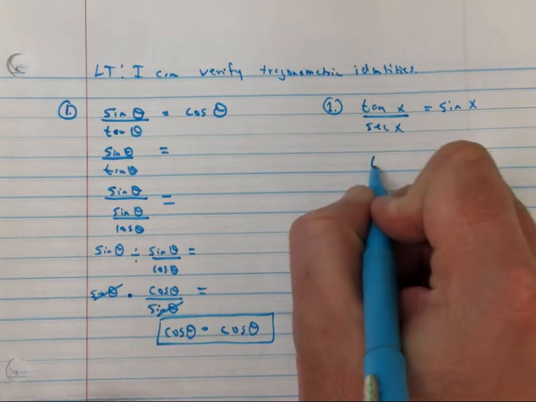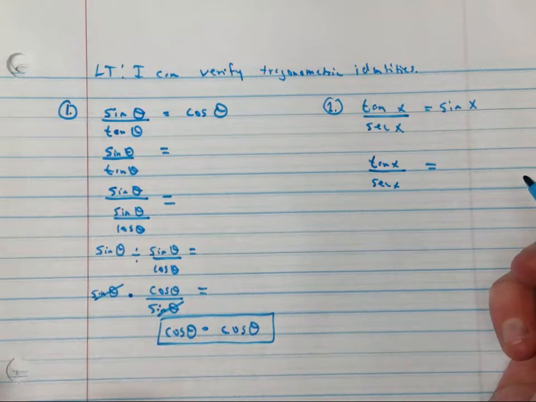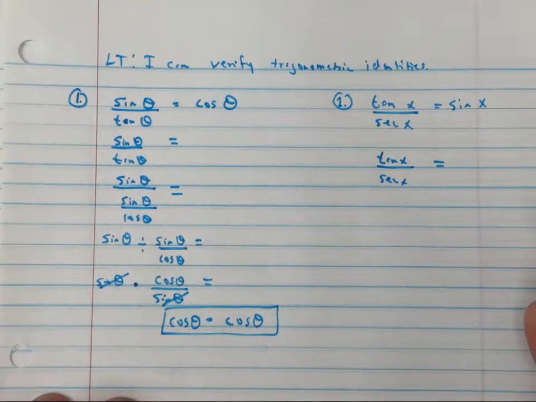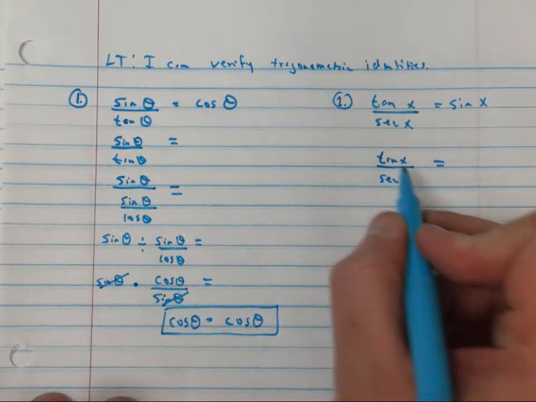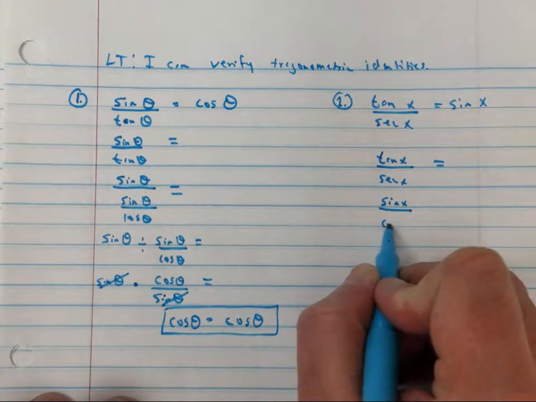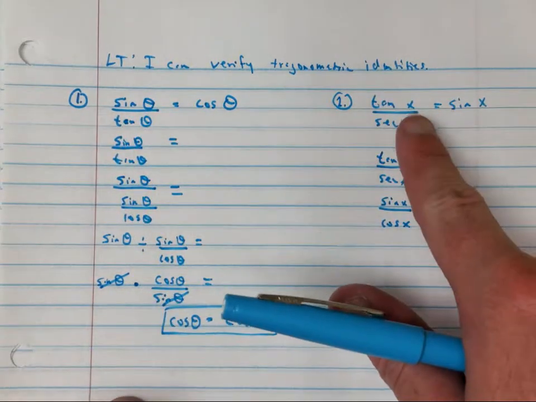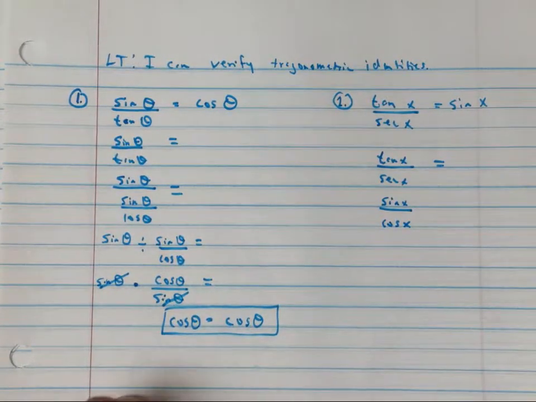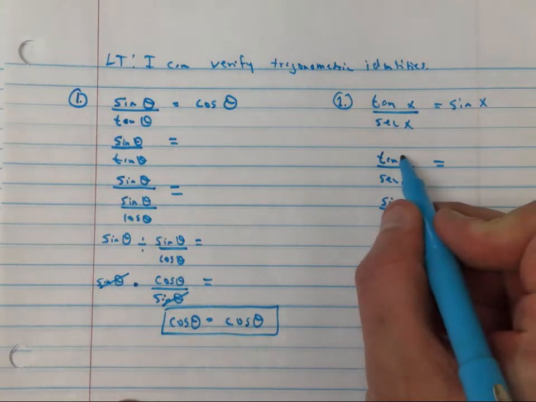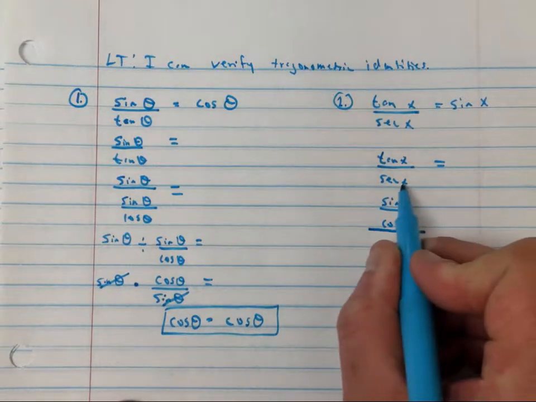I'm going to come under it once again and write this to let me know that's the side I'm going to break down. I can rewrite tangent as sine x over cosine x. See, over here it was theta and now it's x. It does not matter. Remember, x and theta are both variables. It's okay. So I broke the tangent x down as sine x over cosine x divided by,